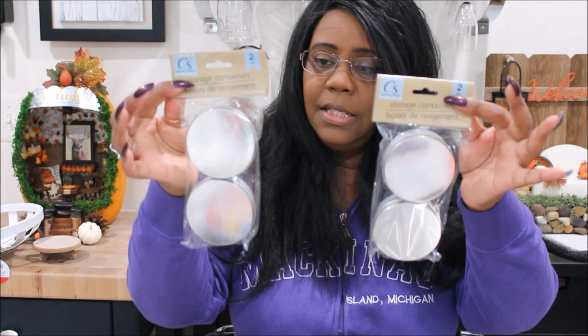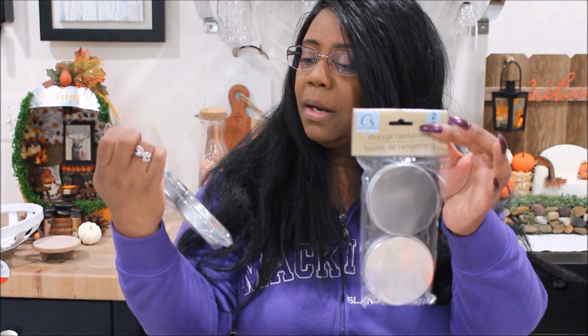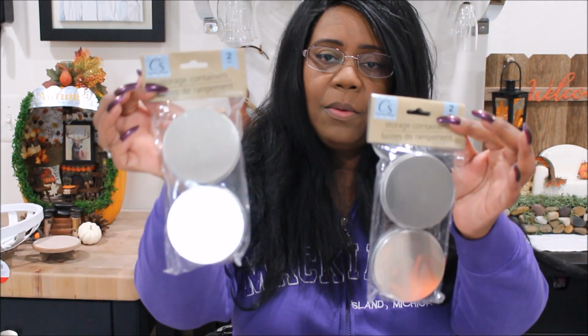Then lastly, I went looking for the Crafter Square craft section that everyone's store has, and not a store in my area has it set up yet. Or I don't even know if any stores right in my immediate area are going to do them, because I only have like 2 stores that are kind of big, so I could not find the section at all. I did, however, find in one of the stores these little Crafter Square storage containers, the little metal ones